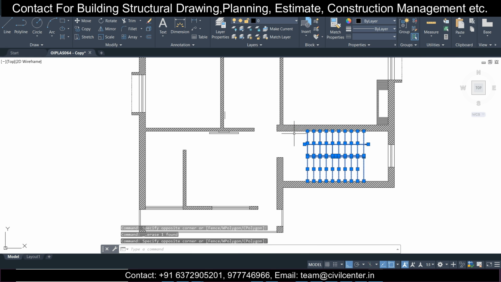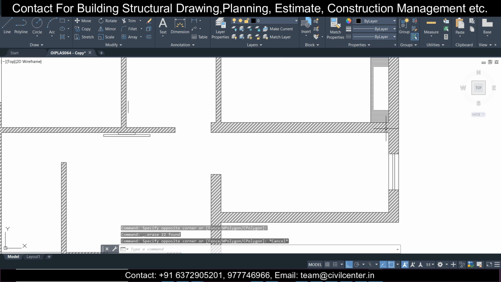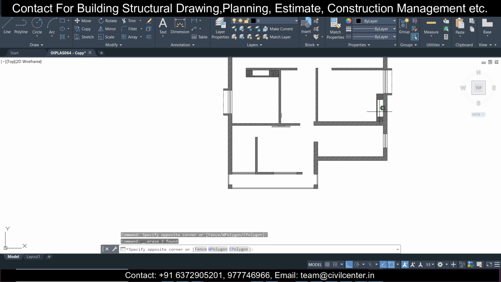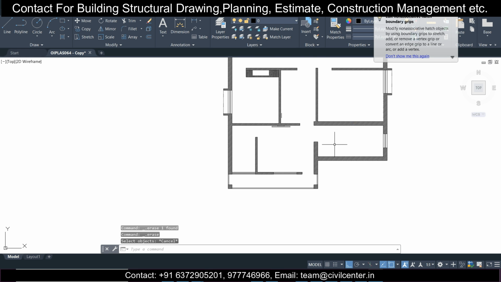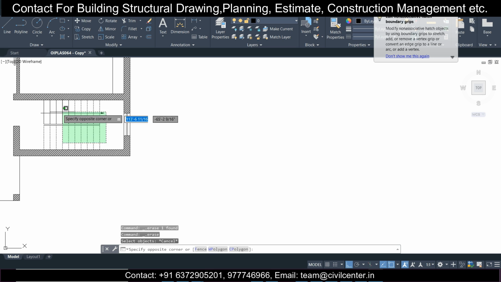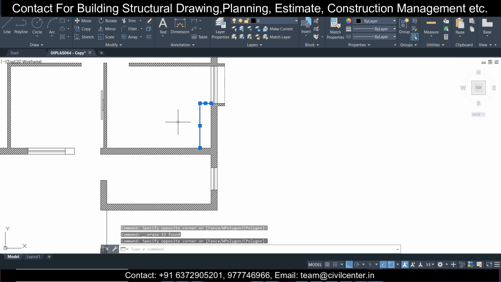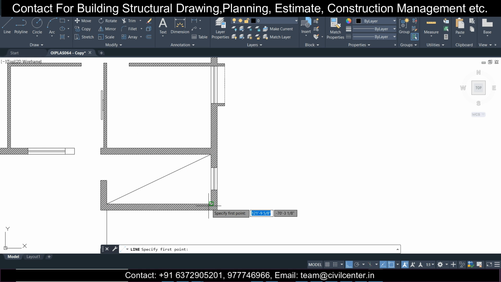And in this staircase part, what we want to do is put a cross, because in the staircase part at this level there will be no slab, so just for denoting that, we want to give a cross like something like this. You can give a symbol for denoting. Okay, here is the staircase, we will not apply any slab in this portion, so we're just showing that.